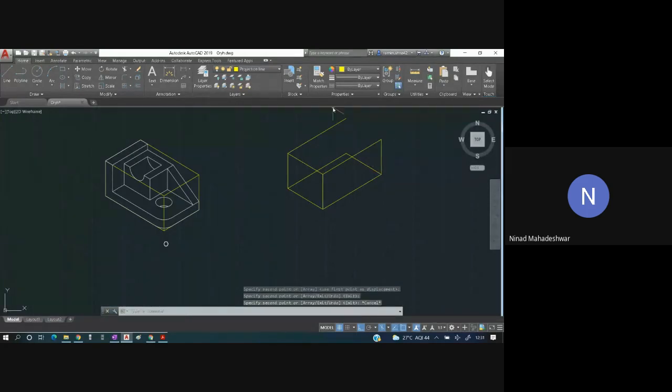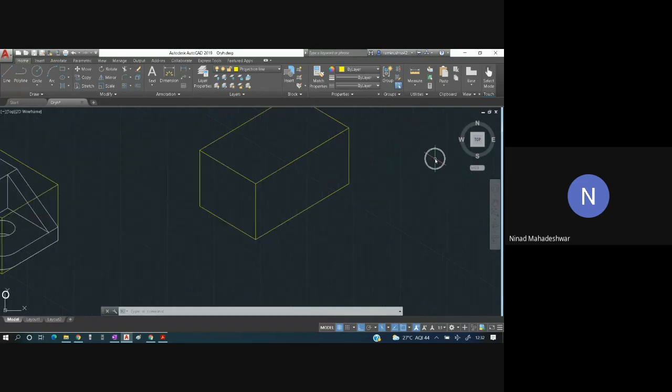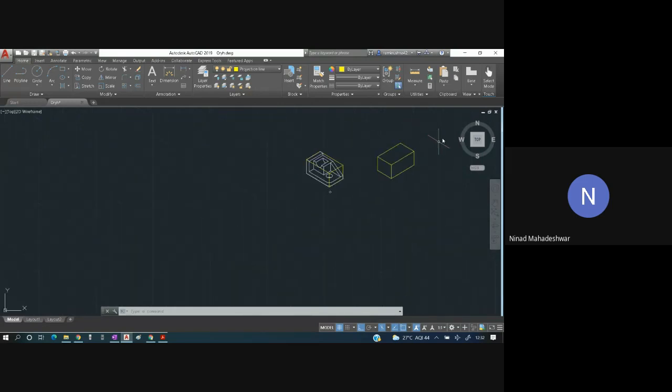Lastly, I'll just join this directly. The hidden part should be deleted, so 1, 1 and 2 should go away. That is the length breadth box of this entire part. Everybody has got this. This part was easy.